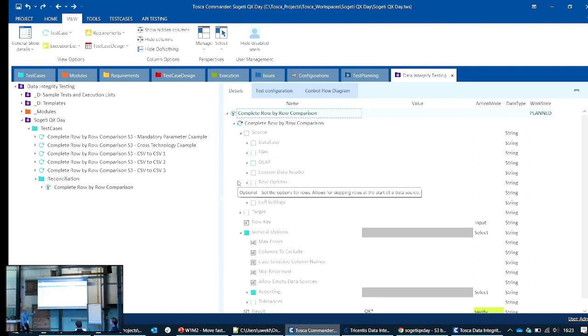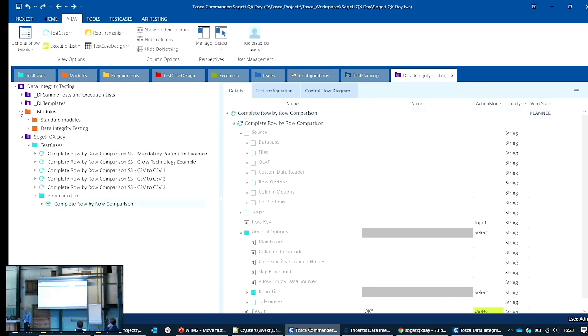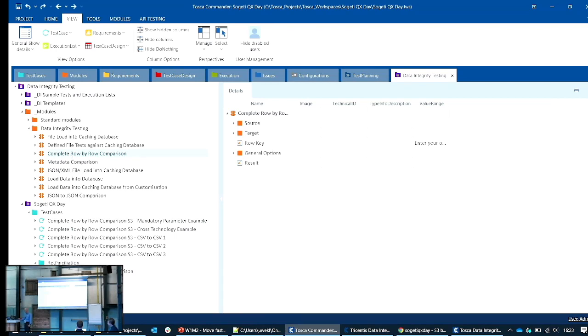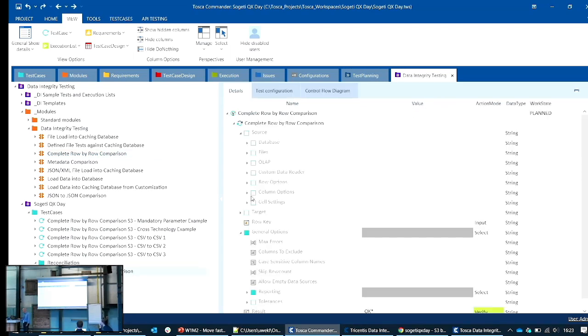So if you open it, you will see there are a bunch of parameters. Obviously, for those of you who are deeper in Tosca, what happens, the corresponding module for the row-by-row comparison, which is stored in the modules section, has been grabbed. Yeah, here, so this row-by-row comparison module has been grabbed and literally dragged and dropped into a test case to create these test steps. And what we have to do now is we need to populate the test steps